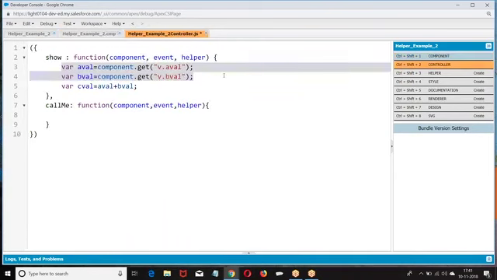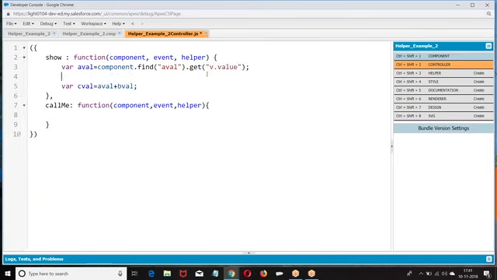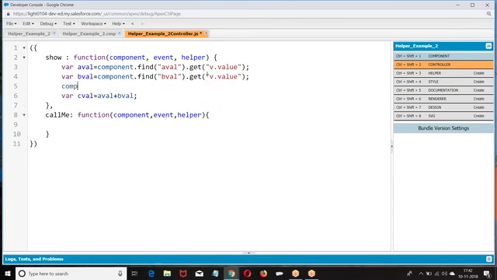Now I'm giving here component.find, component.find, what was this, component file.get value. Then whatever value we are getting, we want to set it.